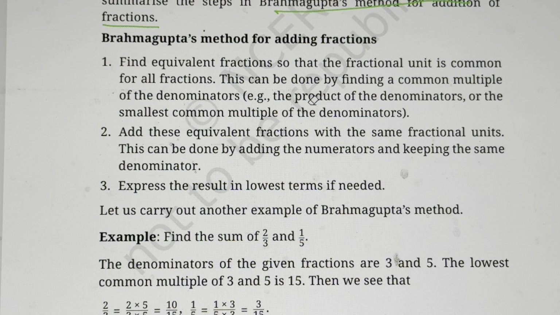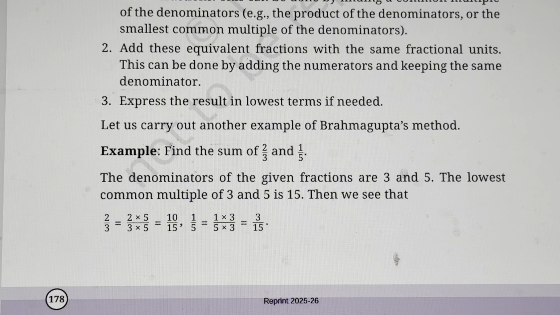So let us see some examples, like 2 upon 3 and 1 upon 5. You can see here the denominators 3 and 5. Okay, we can simply multiply. The common multiple will be 15. LCM would be 15. Why? Because again here both are co-primes. They do not have anything common, right? So even if you do this LCM method,